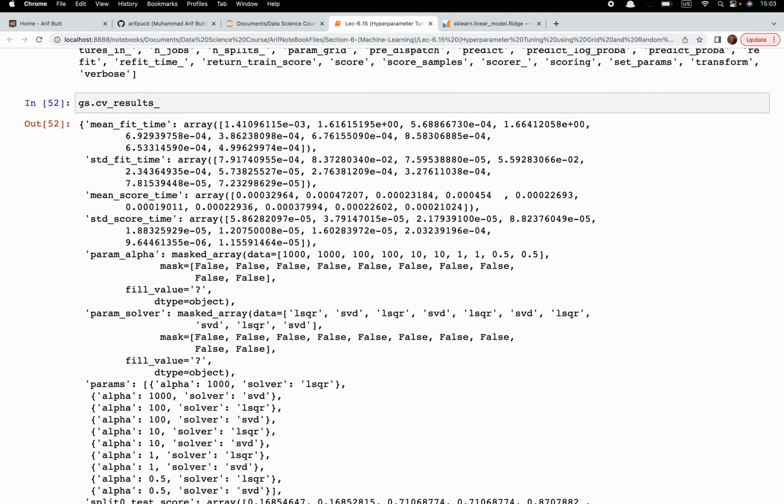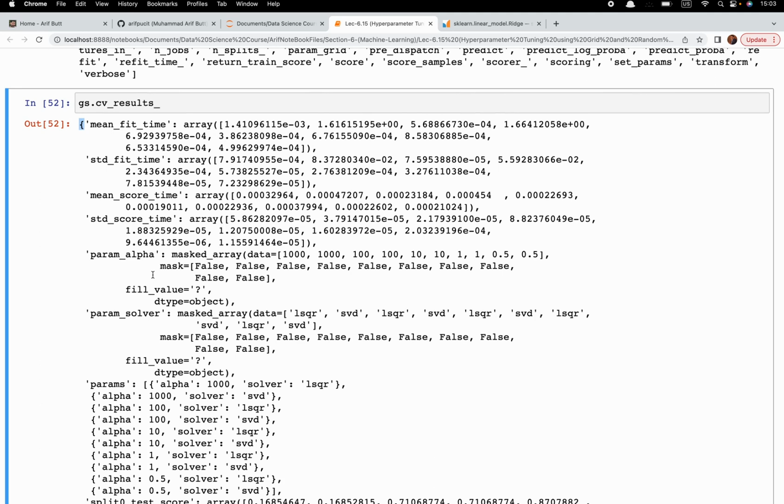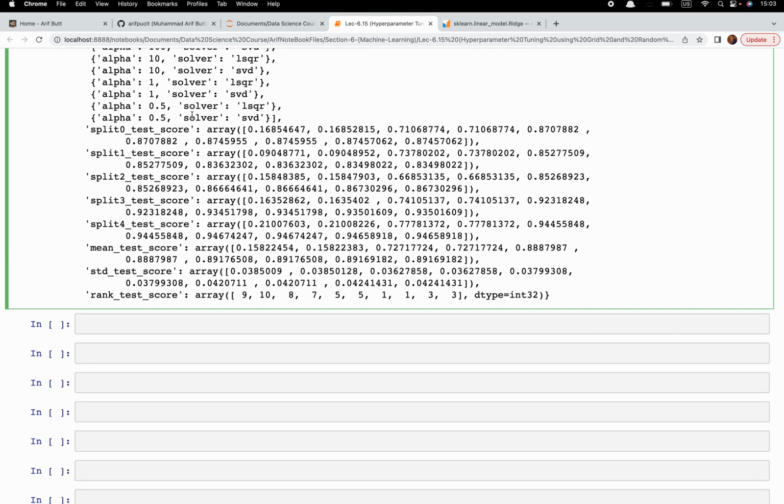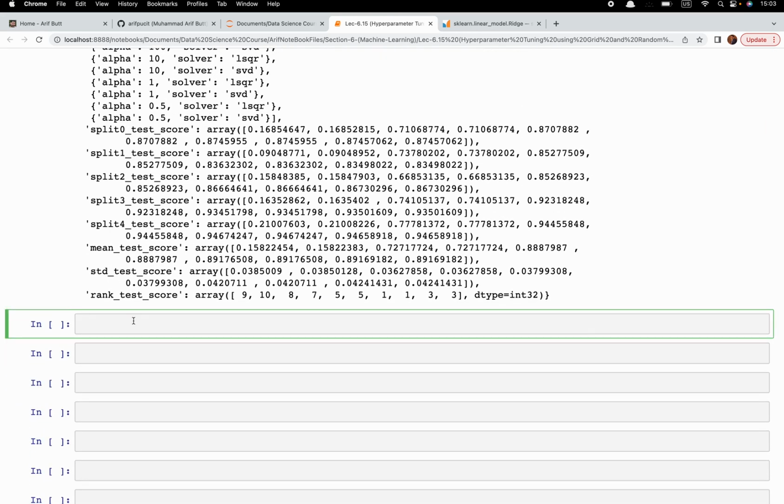Great. So quite a bit of information given as our dictionary. You can see that this is our dictionary of key value pairs: mean fit time, standard fit time, mean score time, standard score time, parameter alpha, parameter solver, and so on. For a better visualization, we can change this dictionary to a pandas data frame. Let me just copy paste this and create a pandas data frame from this by saying pd.DataFrame and just paste it over here. df is equal to,